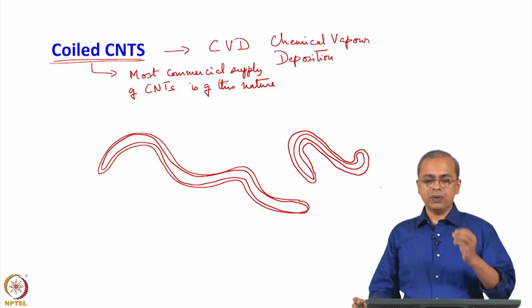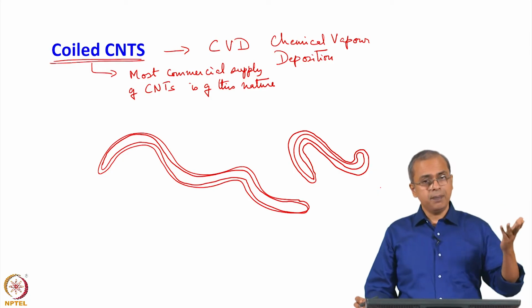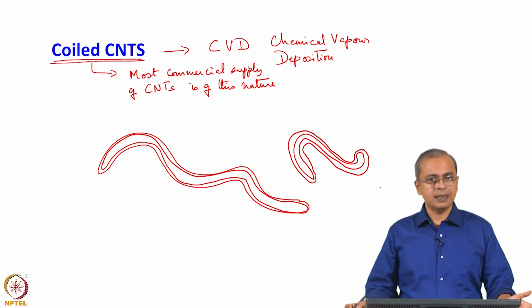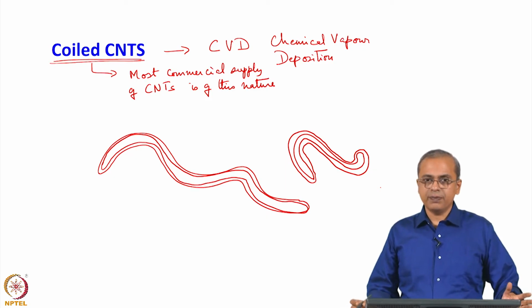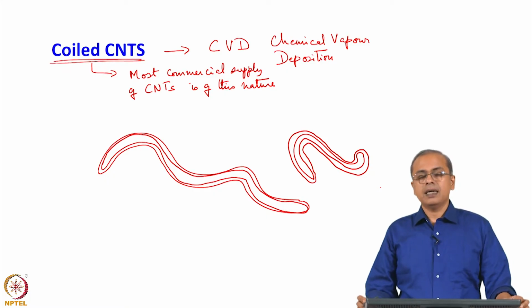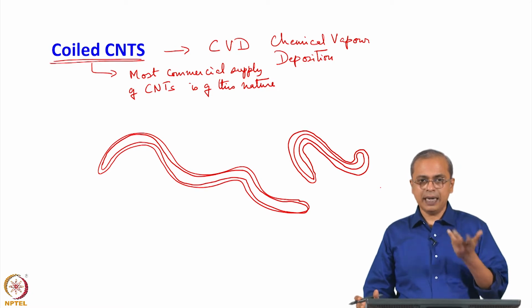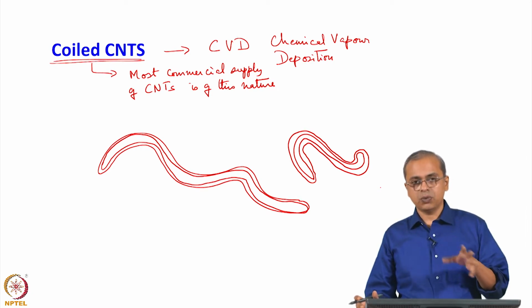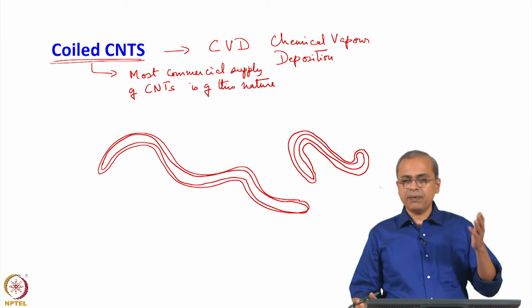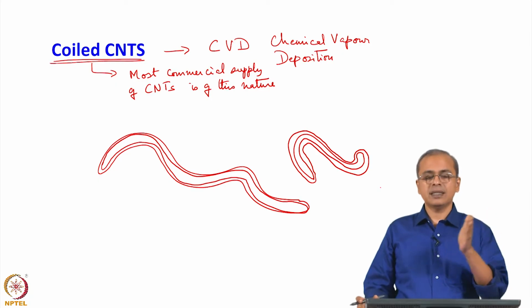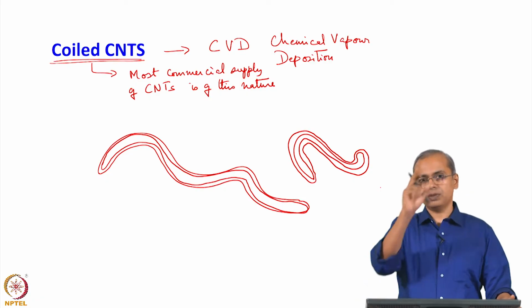As I said, today if you check on the internet for suppliers of carbon nanotubes, you will find many companies internationally which synthesize and supply carbon nanomaterials, and almost all of them uniformly use the CVD synthesis. The reason is there is much better control in terms of the diameter of the tubes, the length of the tubes, and so on. The only variation, I will not even say it is a downside, is that you see them quite coiled, in different